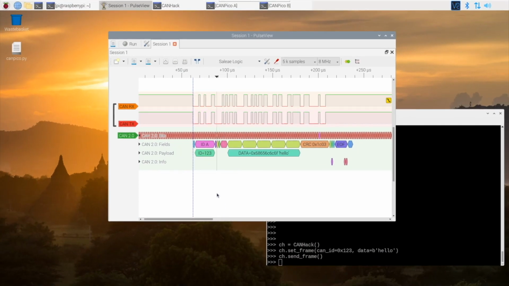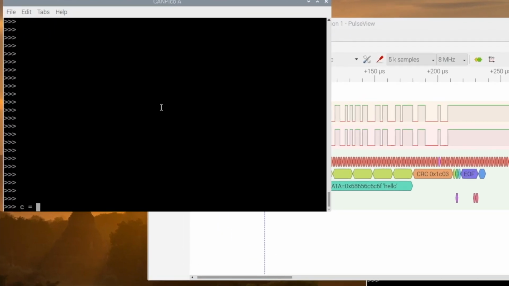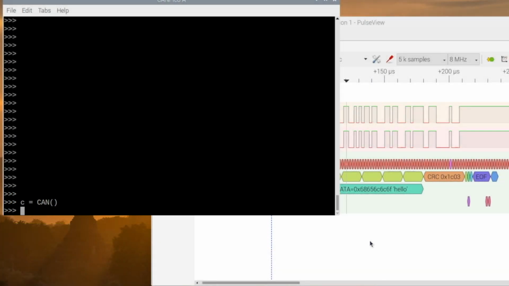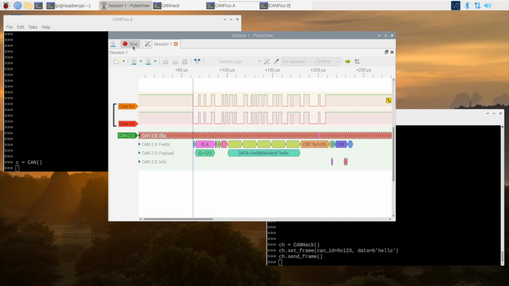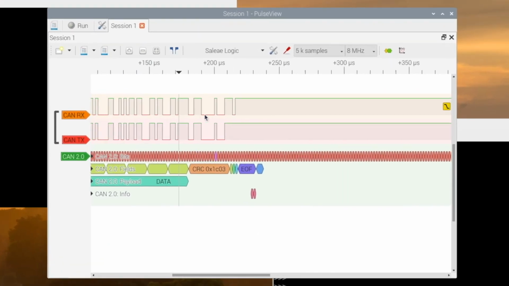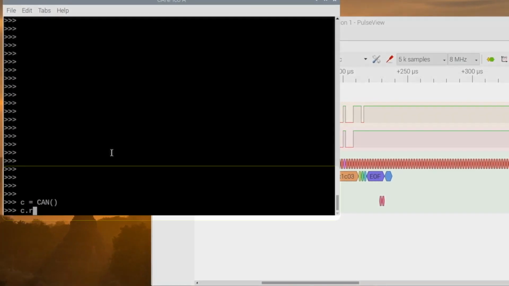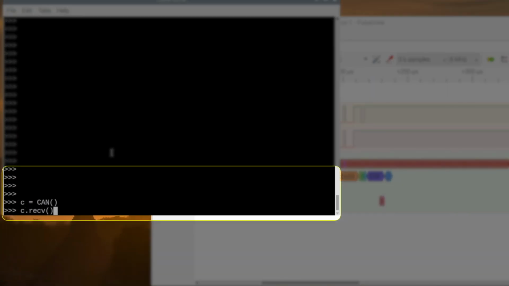What we could do, just to show it working, is actually create a CAN controller, set it up running on one of the CANPico boards, and do this again. There. Now we see here an extra signal on the RX line, and there's no ACK error because the CANPico board sent the ACK bit, and it should have received the CAN frame.